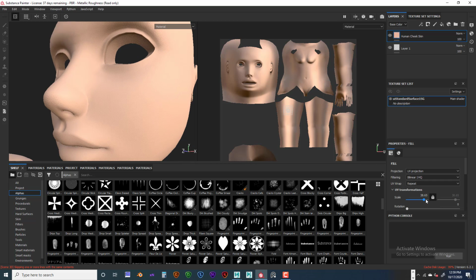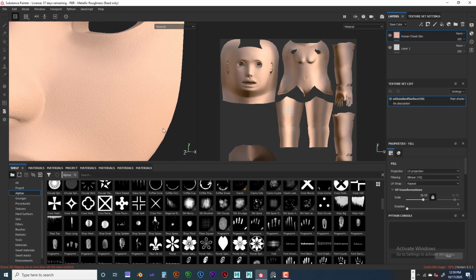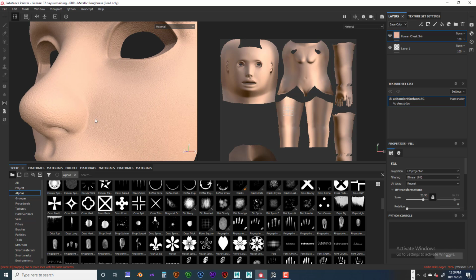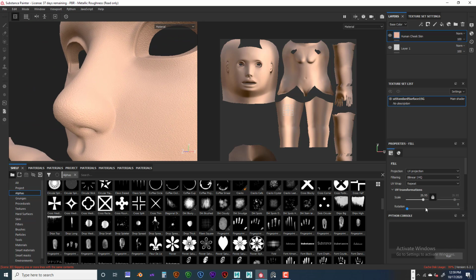Okay, and you can just kind of go from there, what looks best for you and what you're looking for. So I'm going to bring that back up again. I just want it to be subtle. If we're going to do it, make sure it's subtle. Okay. You can have the normal intensity, bring that up and down as you want. Make it subtle. I'm just going to keep it pretty subtle